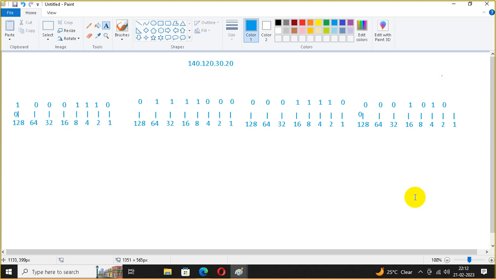Okay. So now you understood how decimal to binary works. Perfect. Now this figure, don't forget, this figure is very important for you. Now my question,